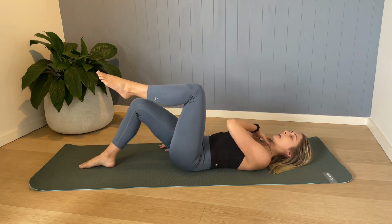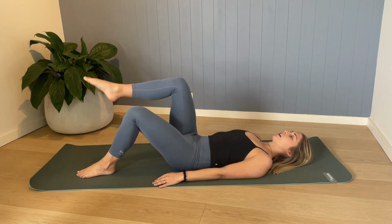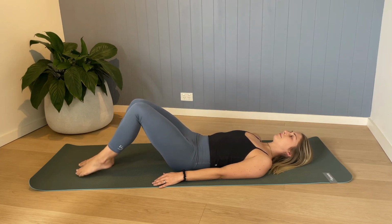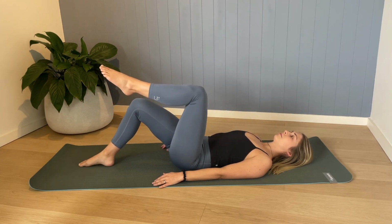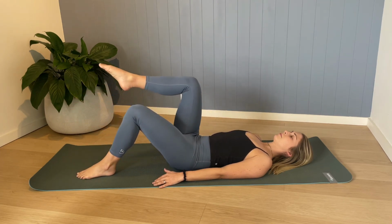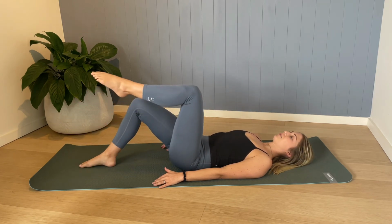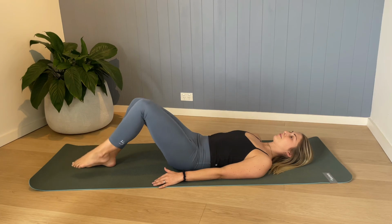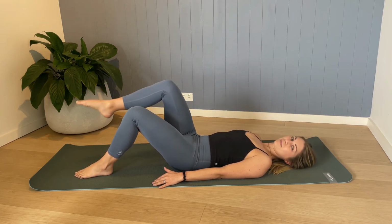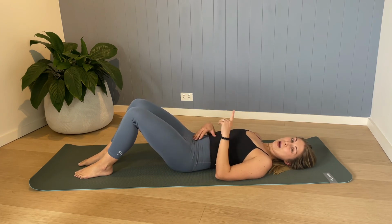You want to make sure you're keeping your neck and shoulders nice and relaxed as well. Let go of the tension up there. We're going to go one more on each side. Excellent, well done. We're going to go for one more exercise in this